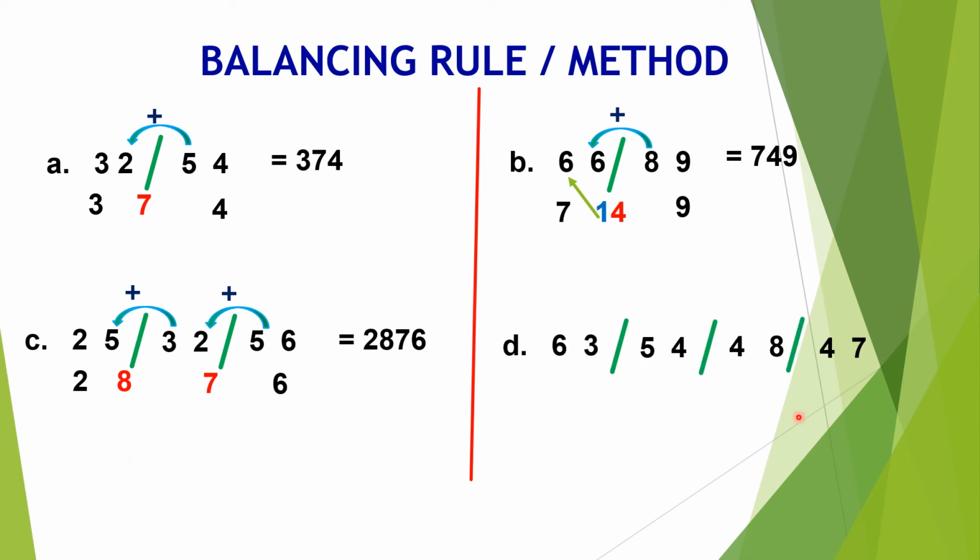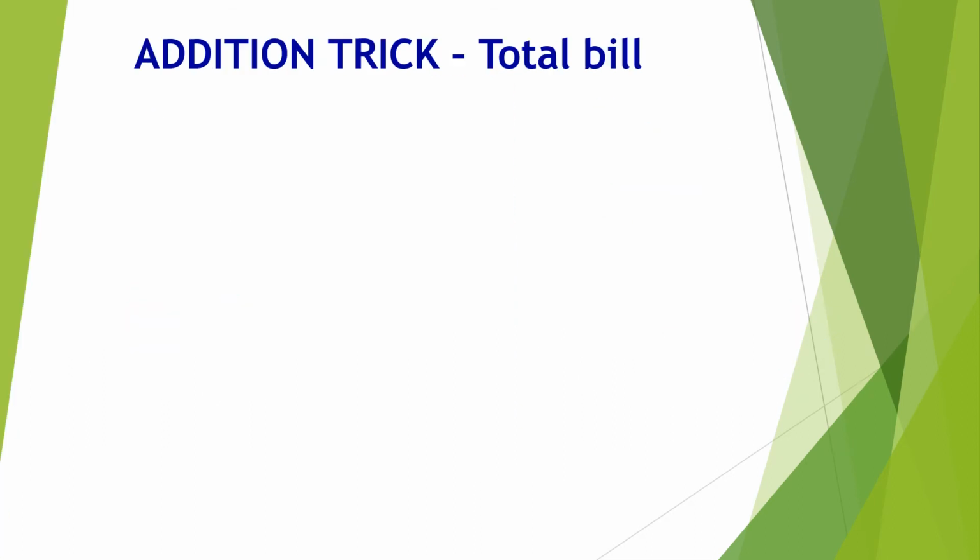One more example with carryover we'll see now. 7 as it is we will write. Now 4 plus 8. 4 plus 8 is 12. What we will do, the tens place, we will take it as a carryover. So 4 plus 1 is 5. Now 5 plus 4 we will be doing, it will be 9 and 2 as it is we will write here. Now the next number, 5 plus 3 is 8 and 6 as it is. So the answer will be 68,927. This balancing rule we'll be using now. We'll see some 2 and 3 digit numbers.